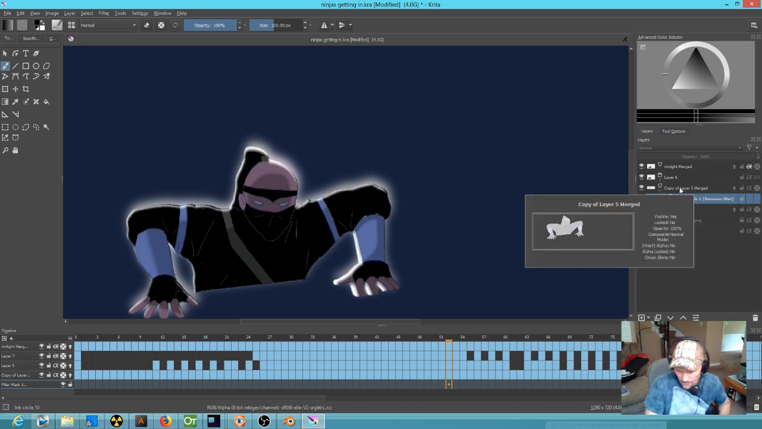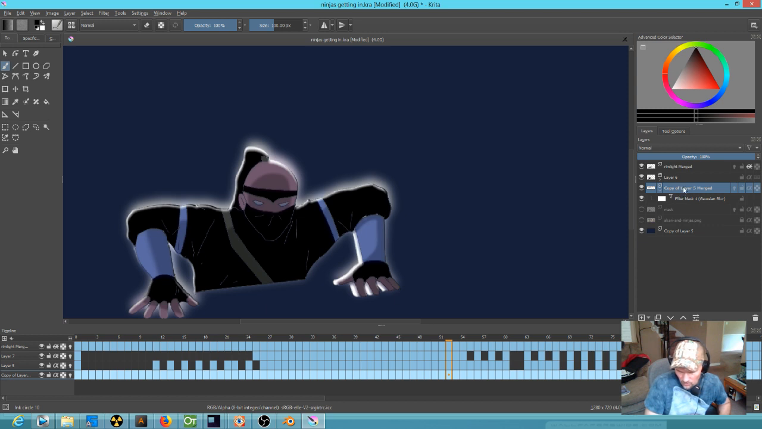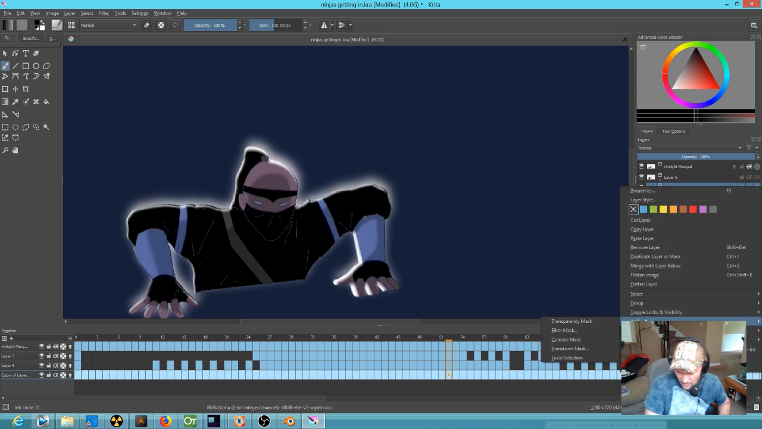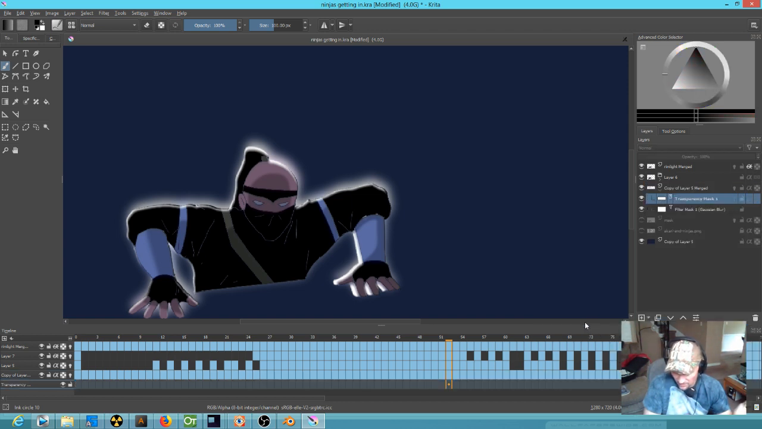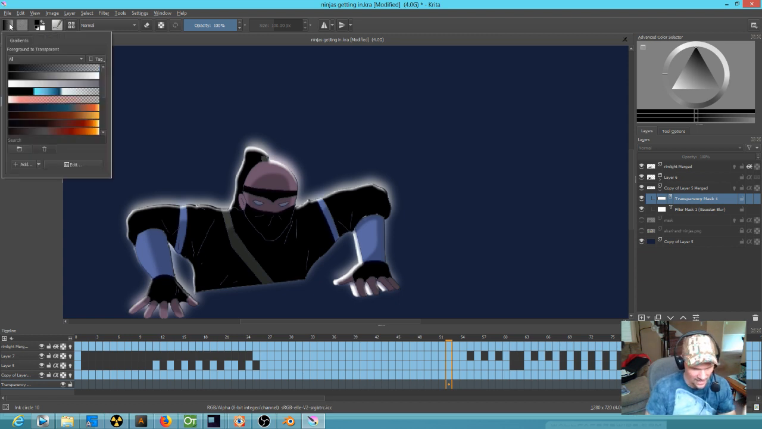Alrighty then. Now what I really want to do here is add, I don't even, see, when it comes to masking, I'm good with GIMP. I use masks all the time in GIMP. I'm not really so good with them in Krita, so I'm groping here. But I'm assuming if I do a transparency mask,